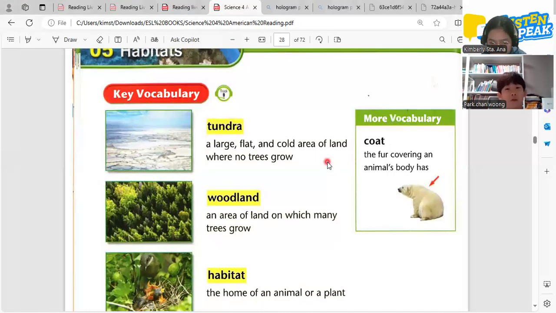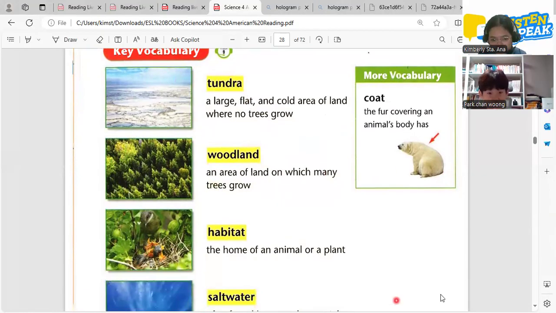Yes, tundra is a large flat area. As you can see, we can't see any trees here, but sometimes there are plants. So it's very cold and it's very hard to survive here. If you want to visit tundra, be sure that you keep a lot of food in your backpack.